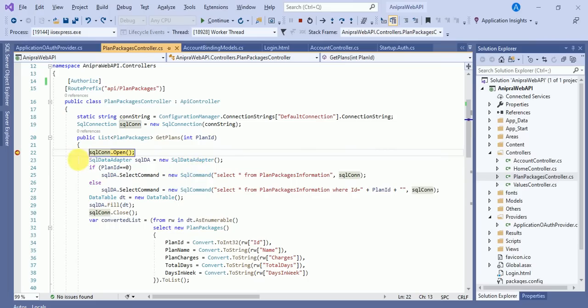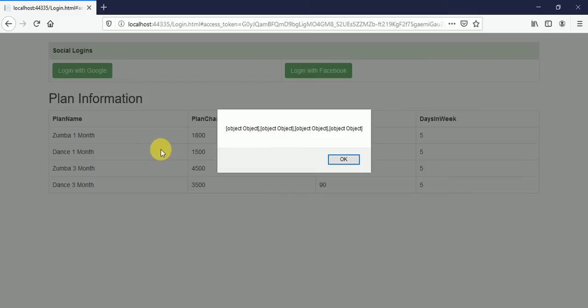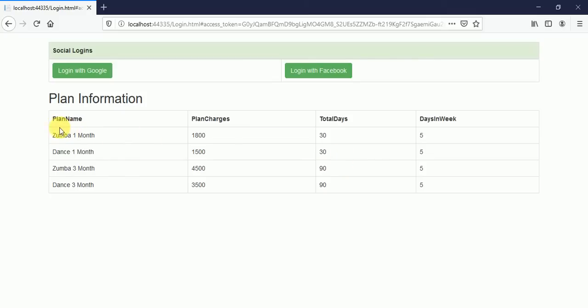Here you can see the debugger has come. Okay, so from here we are getting the data, and now finally we got the data.